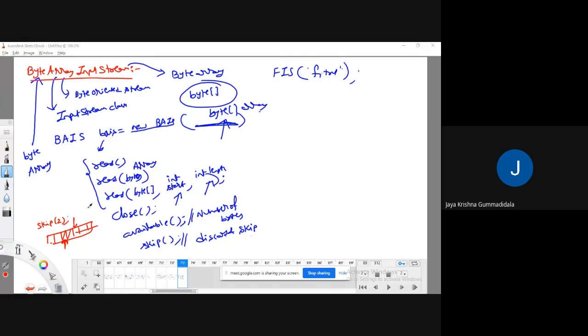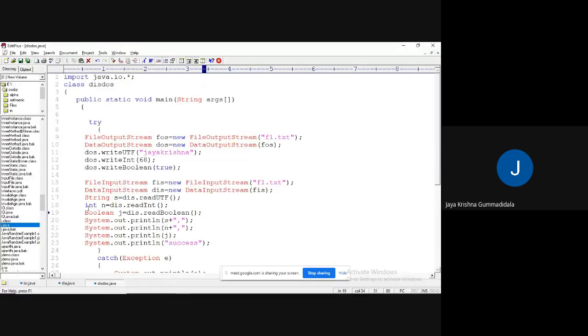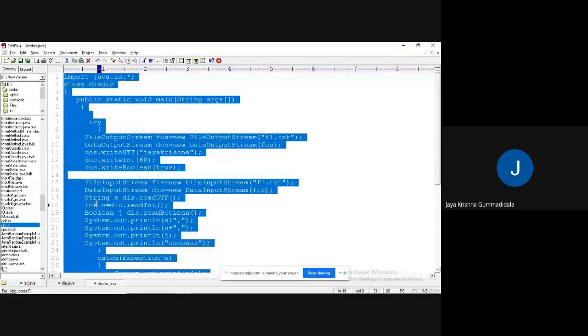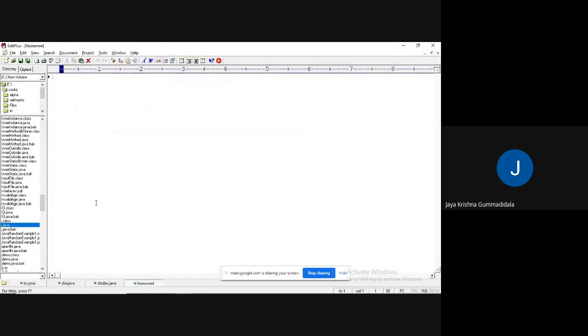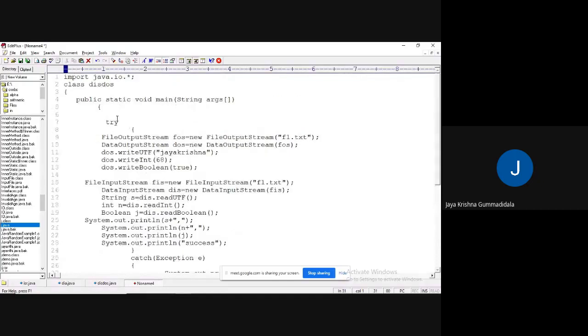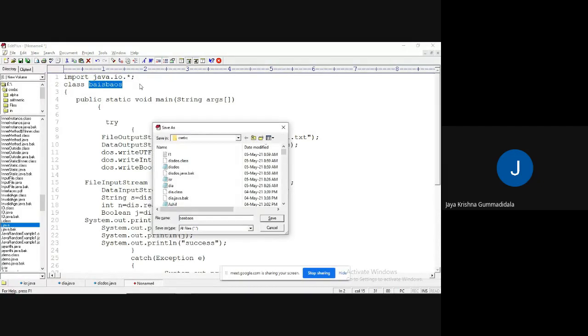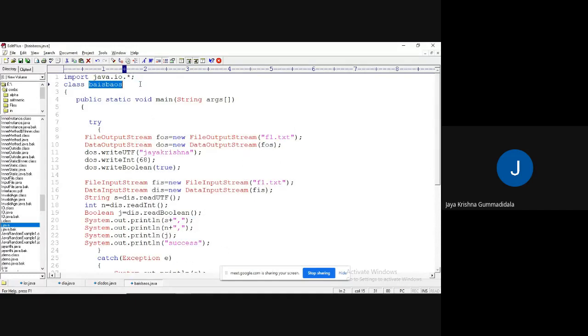Okay, let me show an example. Byte array input stream, byte array output stream I have given, dot java.